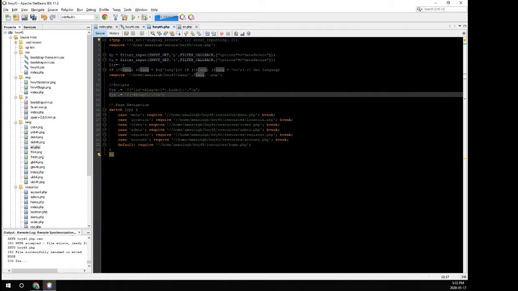So pound flag hyphen en dot hover, flag hyphen en hover, inside the hover function parentheses curly braces. Inside the curly braces we go